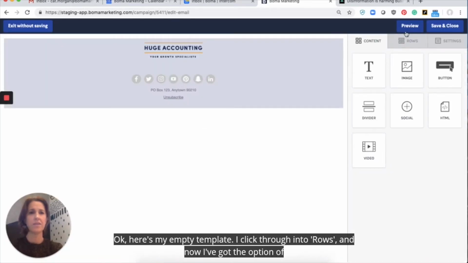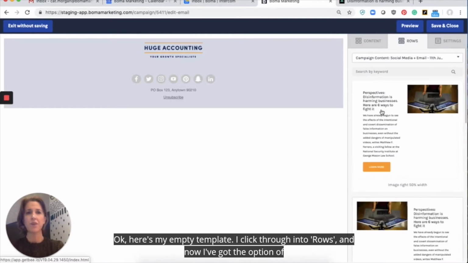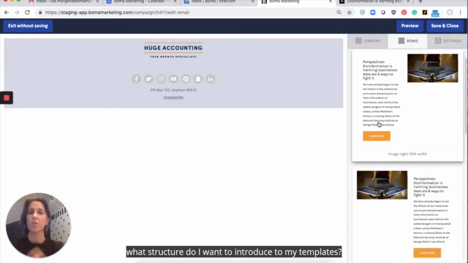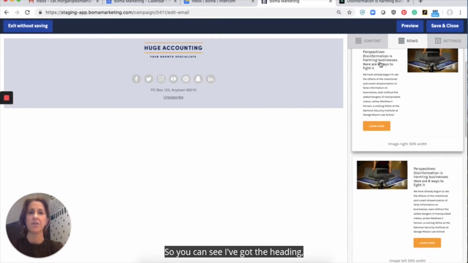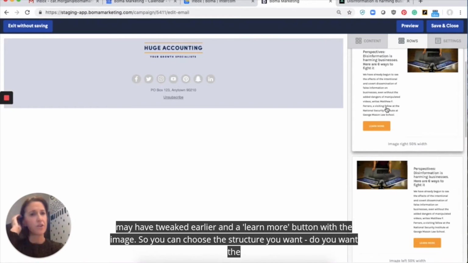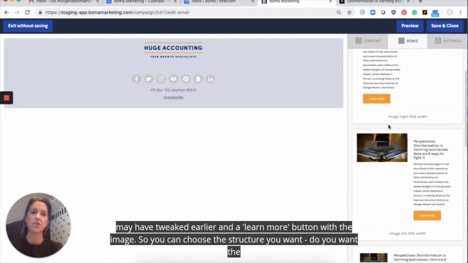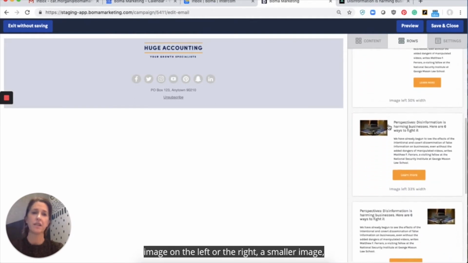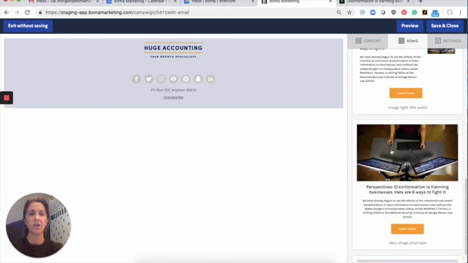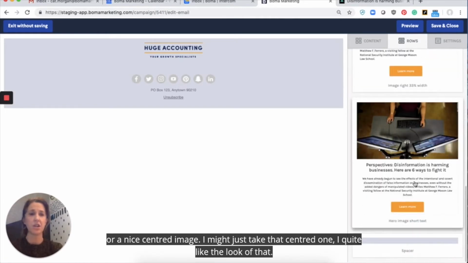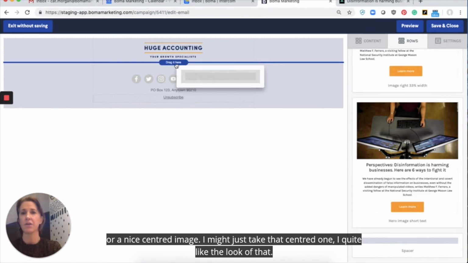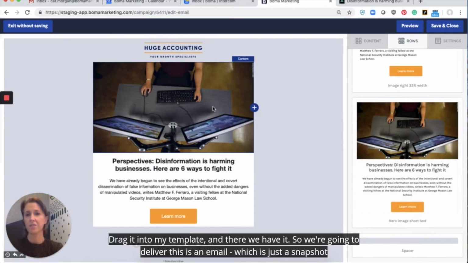Okay, here's my empty template. I click through into rows, and now I've got the option of what structure I want to introduce to my template. So you can see I've got the heading, the post content that I may have tweaked earlier, and a Learn More button with the image. So you can choose the structure, do you want the image on the left or the right, a smaller image, or a nice centered image. I might just take that center one, I quite like the look of that, drag it into my template, and